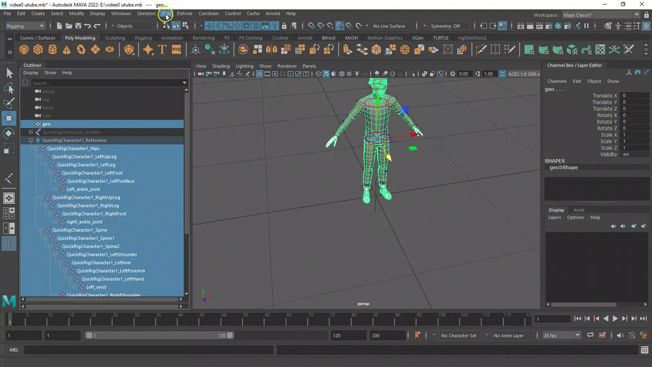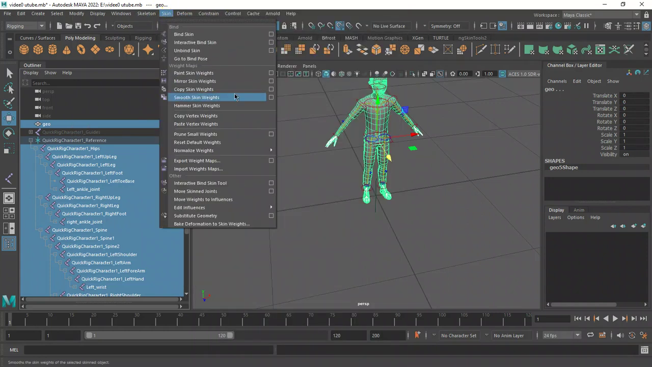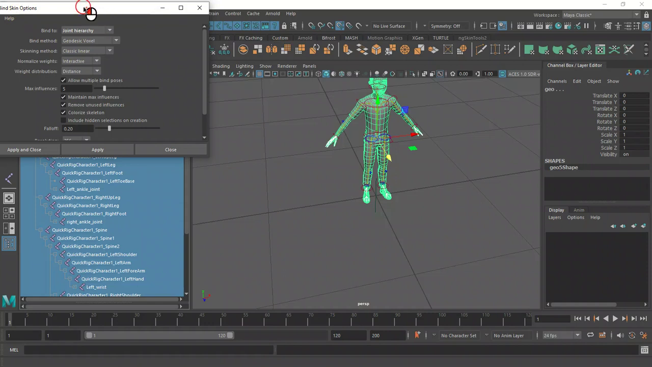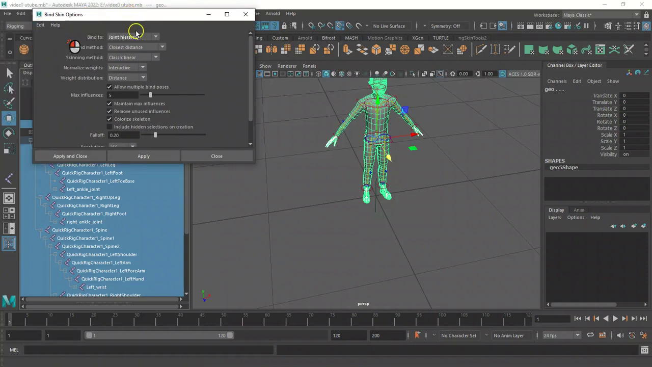Then go towards skin. On the rigging menu set, go towards skin, bind skin. Click on the checkbox there, and in the widgets that appear, ensure that bind to is set to selected joint, binding method should be closest distance, skinning method should be classic linear, normalized weight should be interactive, weight distribution should be neighbors,